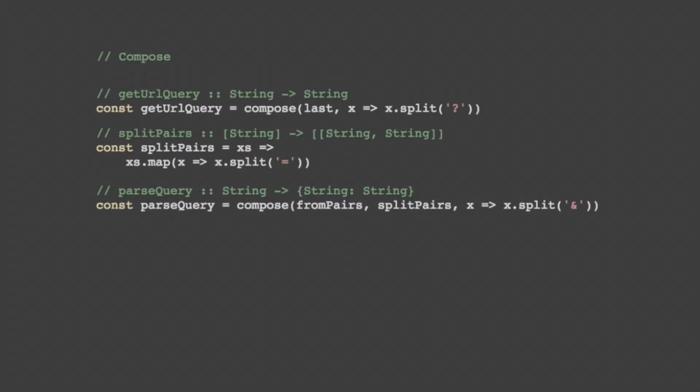We can make more complicated things. Let's say we have one called splitPairs, which does the same thing, but for equals, except it does it for every element in a list. So that's why we do the map. And now we can start composing functions together in an interesting way. We can say, well, let's start by splitting by the ampersand, which is splitting a query by every pair. Then we map over the list of all these pairs, which are strings, and we split the pairs. So we now have a list of key value pairs. And of course, we already created a function that can handle those, and it'll turn it into a map, or into an object, as we call it in JavaScript.